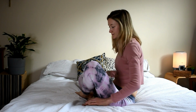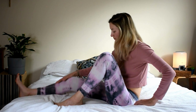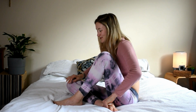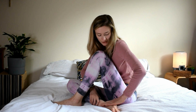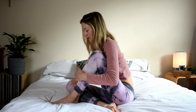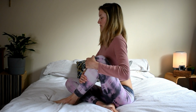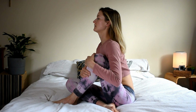Now from here, you can either stretch out one foot, you can stretch the left out, or if that feels a bit much, you can bring it down, or if you want some more of a stretch, you can bend the knee, point it forward, let your left foot come to the side of your right hip, and you're going to keep your right foot up like this. It's like an anchor. You're going to wiggle yourself up, holding onto it, lift your chest,